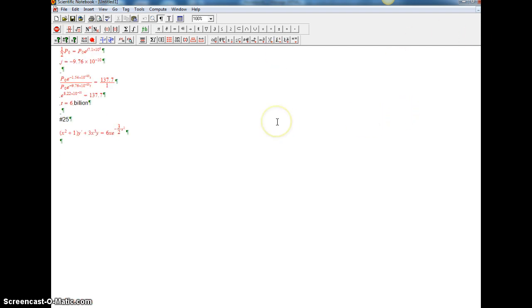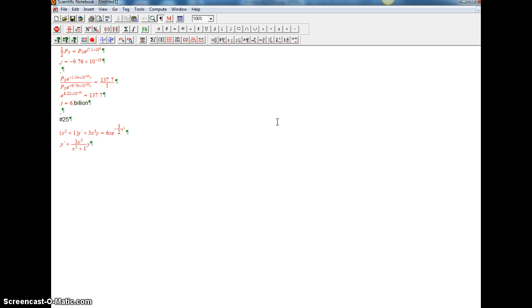All right, so we divide. We have y prime plus 3x cubed divided by x squared plus 1